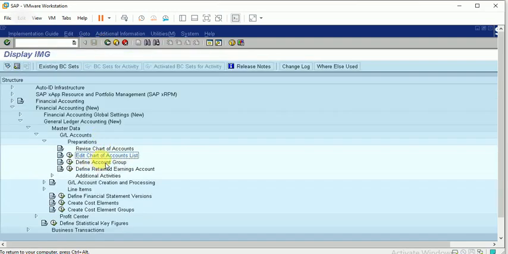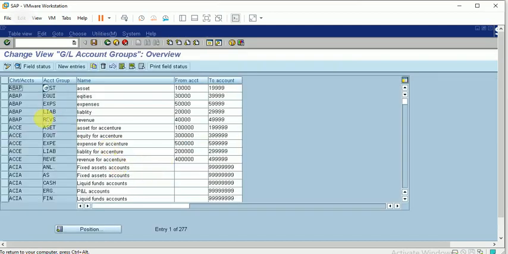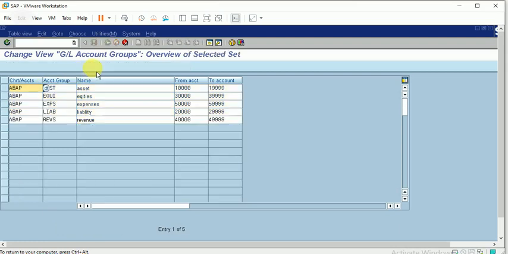After this, I want to define the account groups. I'm copying this entry and renaming it as BERP.